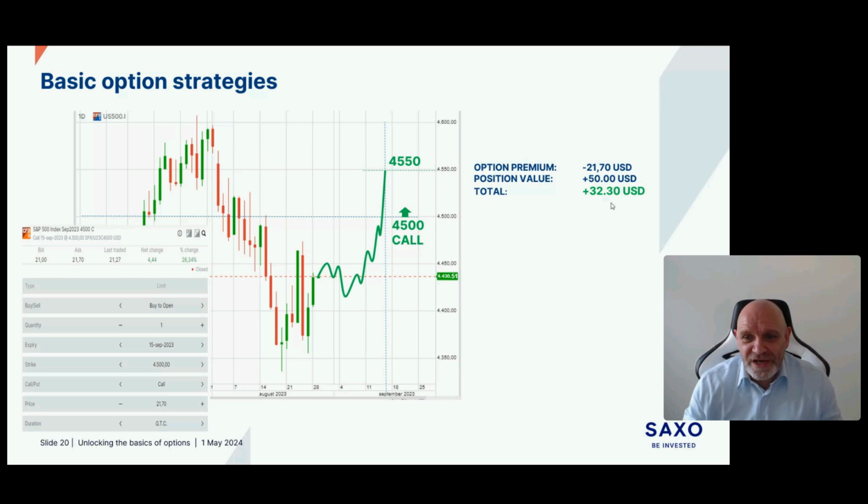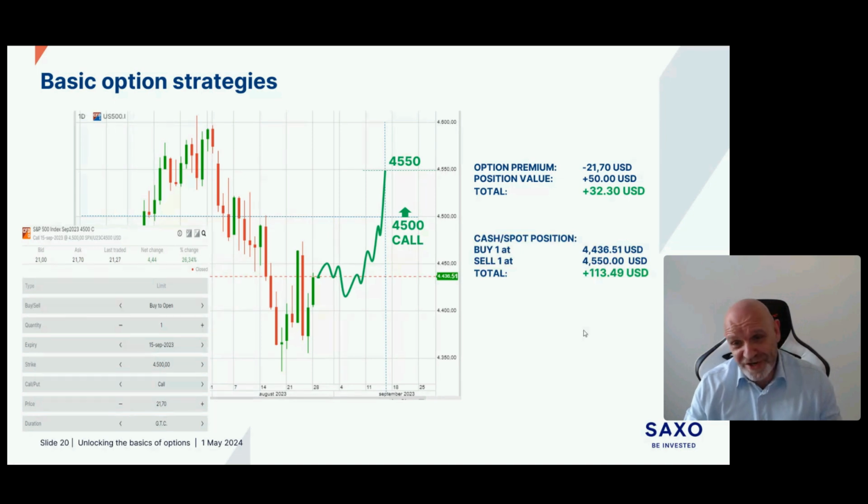If you would do that with the underlying itself, we would buy one contract, in this case of a CFD. It could also be a share, of course, if you talk about shares with companies, not indices. You would pay, in this case, $4,436.51, because that's the price where we enter the